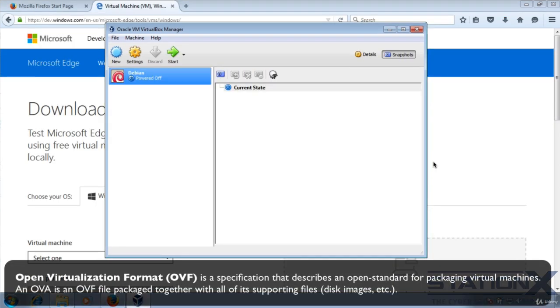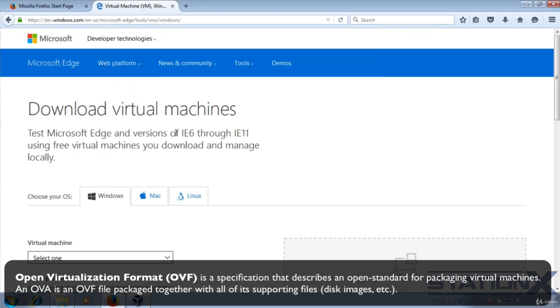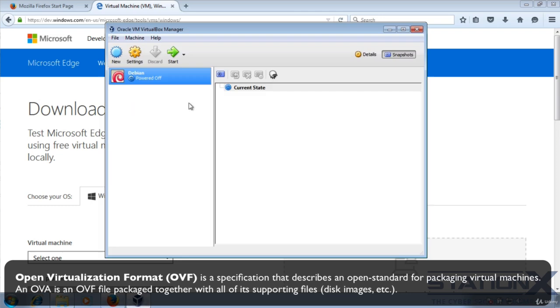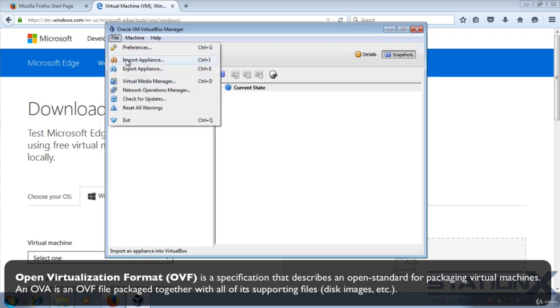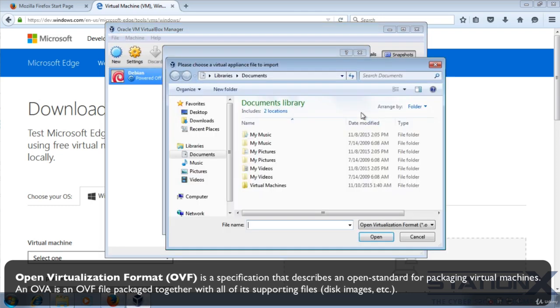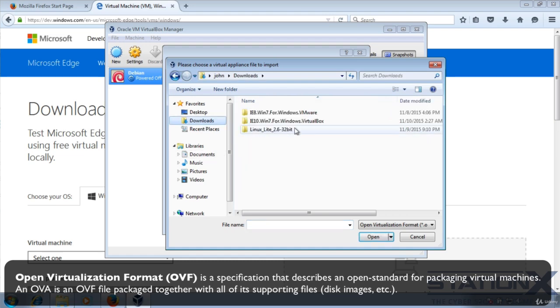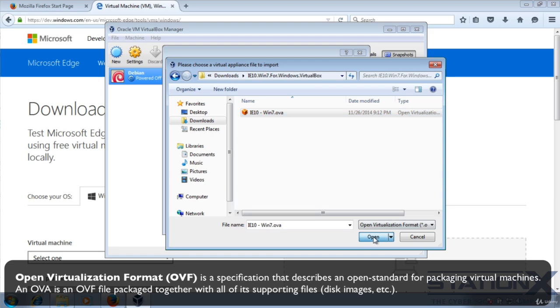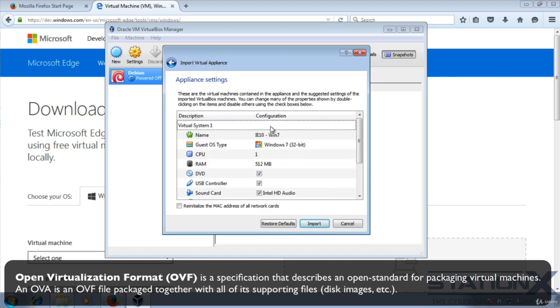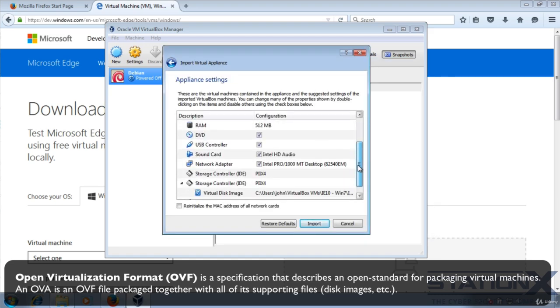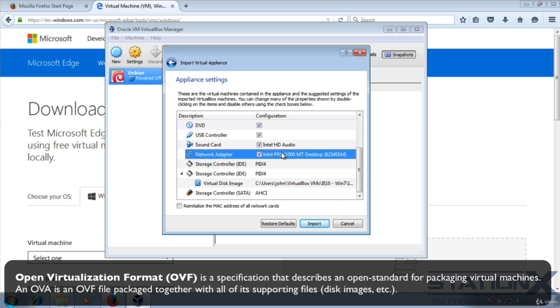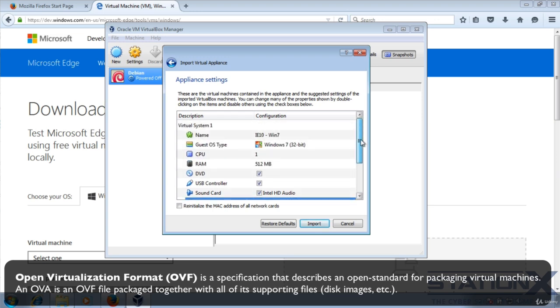If you download an OVA or OVF file, and you can find those sorts of files here on this link, which I've downloaded, then you can go to File and Import Application. Look for the application that you've downloaded, and that's this one. So you can see there it's an OVA file. Next, and it gives you the opportunity here to change your network settings and various other settings. So if we click Import,